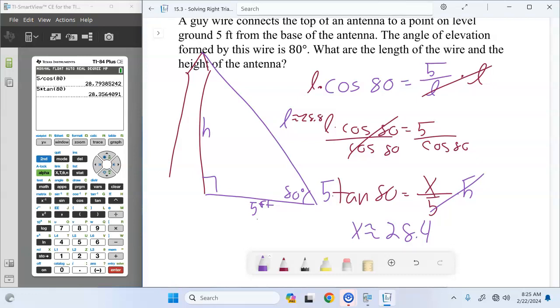So draw your pictures, label them very carefully. Make sure your angles of elevation and angles of depression are attached to the horizontal line of the triangle. Horizontal line. Okay. Questions, comments, concerns, queries? Well,